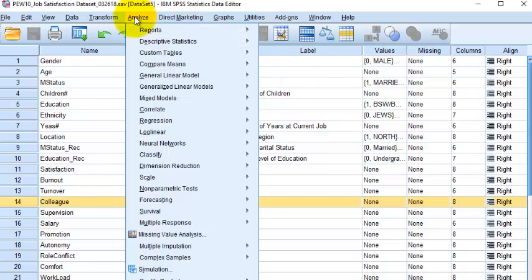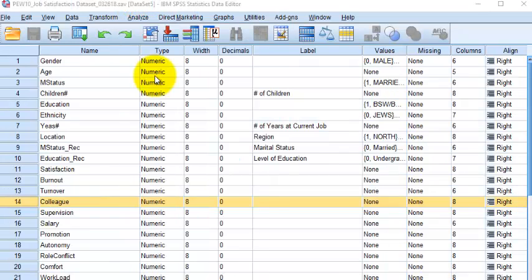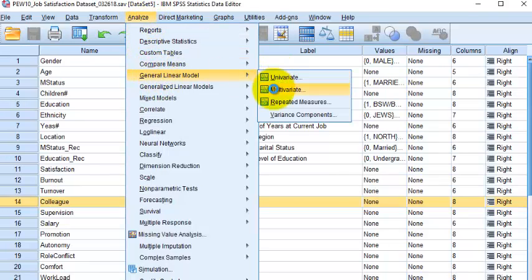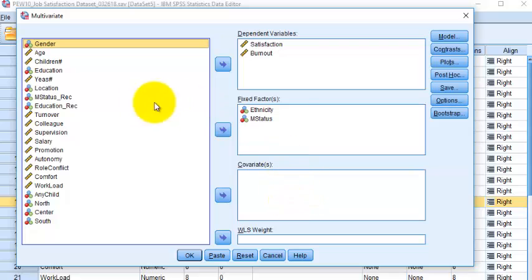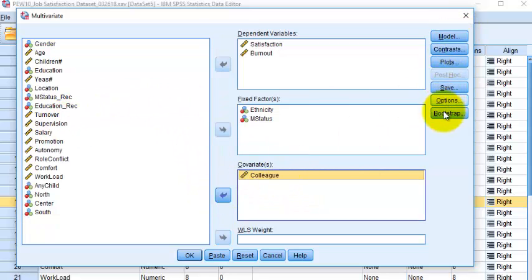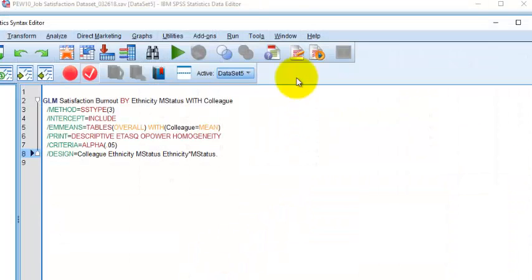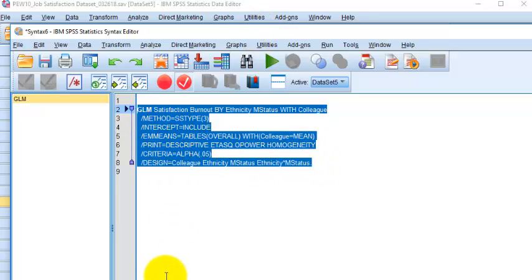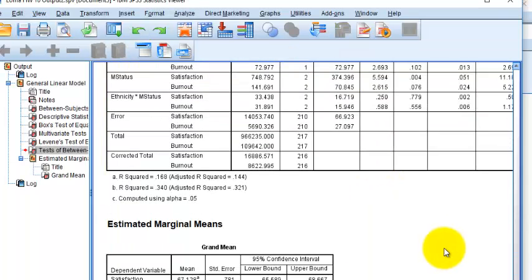So we go back to analyze, general linear model. Everything should be preset. But now we're going to kick in colleague down to the covariate box. Again, everybody should be pre-clicked here. Might as well get the syntax. Right, there it is right there. I'm going to cut and paste this back into the Word document when we get there, but I'm going to go ahead and run it now.